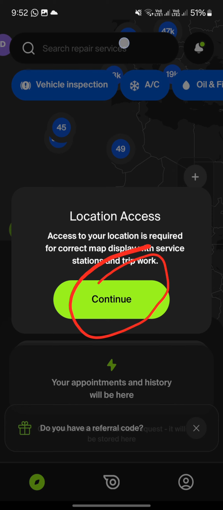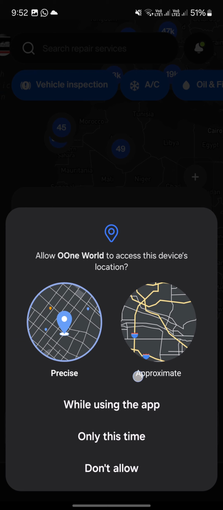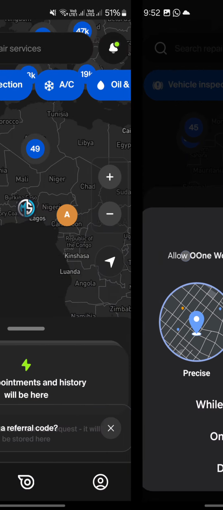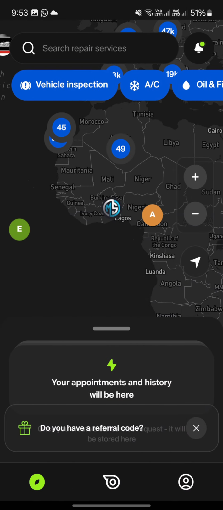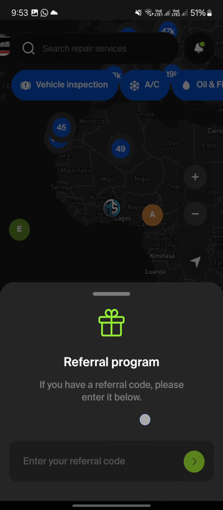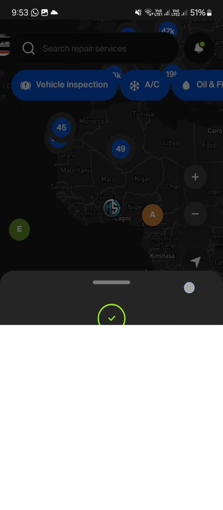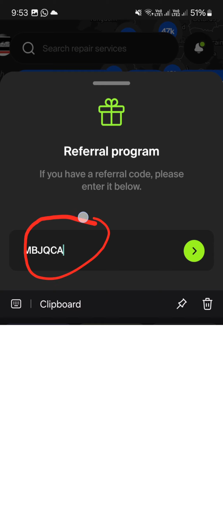This app takes access of your location, so you can simply give access to your mobile location, and you can choose while using this app. Then there is an interface you get after you finish. You can click on 'Do you have a refer code', click on this, and you get the refer code entering screen. Then you can enter my refer link and refer code